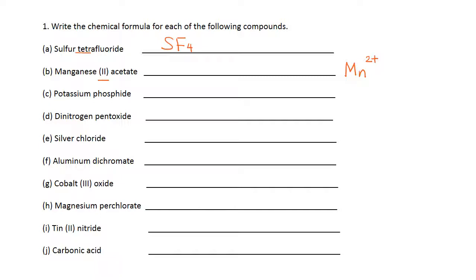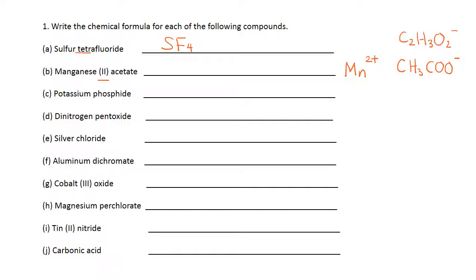For an introductory chemistry class, what I recommend is you look at the polyatomic ions chart and don't memorize what's on there, but be familiar with it, so you know what some of the polyatomic ions are. If you're taking a Chem 1 class, you do need to memorize that, okay? So acetate, if you look it up, you're going to see CH3COO minus, or you're going to see C2H3O2.